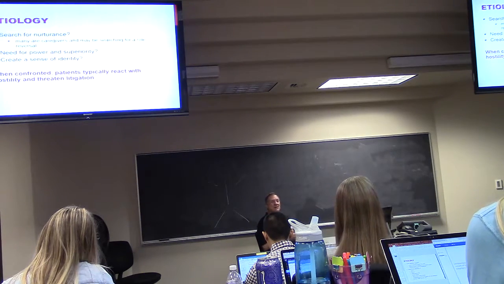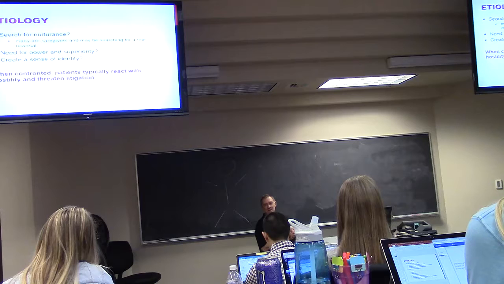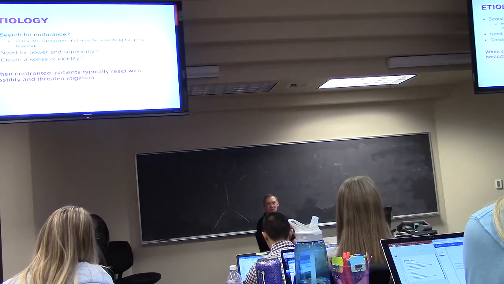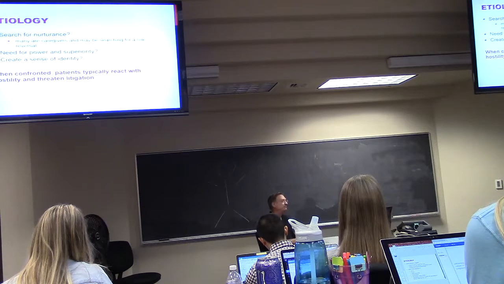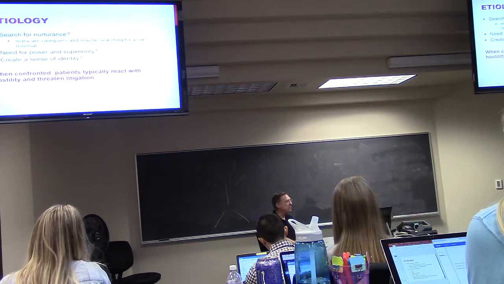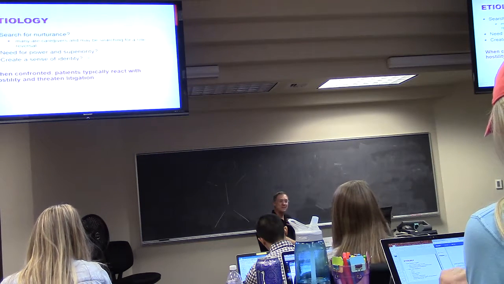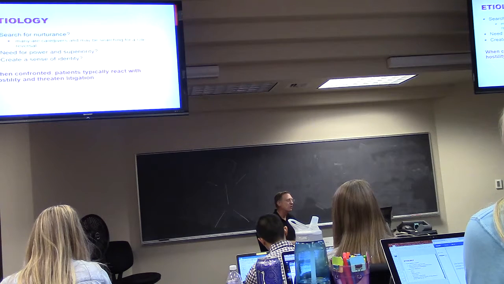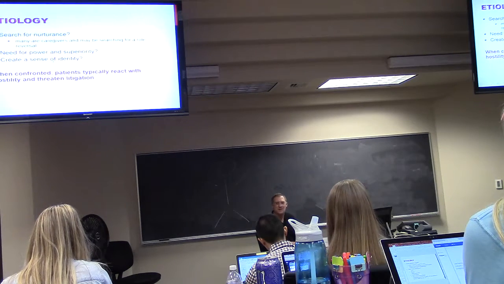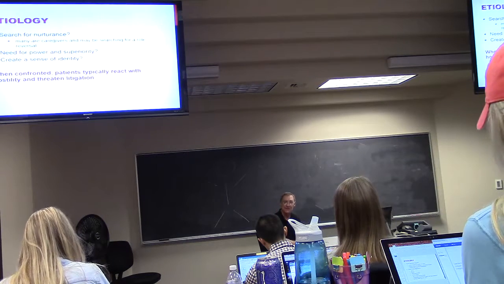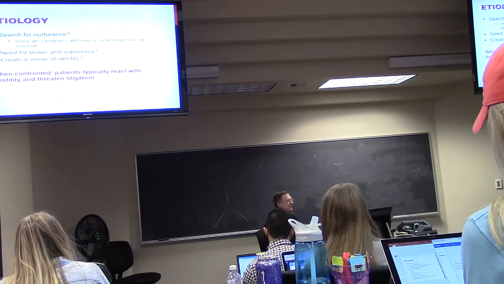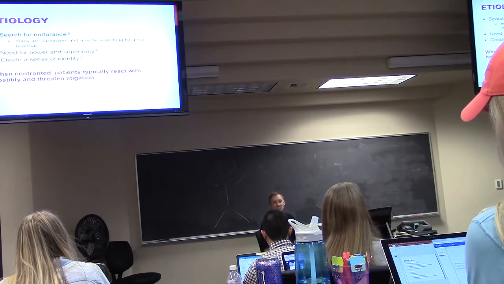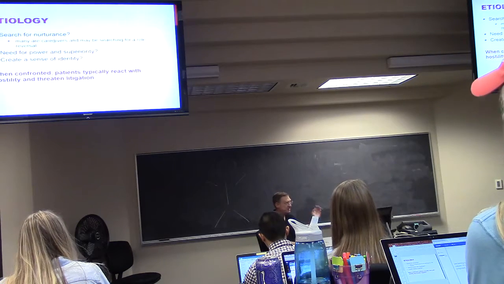So then it was a psych consult, and the psych consult revealed that she was desperate to get out of the household, desperate to get away. She was the short straw because she was the youngest, and they all dumped on her. And so she wanted to get out of it. Okay, need for power and superiority. The patient has a certain power and people move around and run around and scurry for them. Sense of identity, if you're otherwise a nobody, couldn't you become a somebody if you had an amazing illness that required all this attention? When you confront them, they typically get very angry. I mean, they will blow up, threaten lawsuits, like, do what you gotta do.